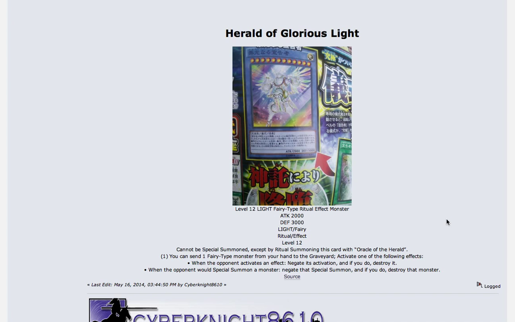especially for, like, I think it's a really good card. I'll read the effect here, but it cannot be special summoned except by ritual summoning this card with Oracle of the Herald. Now this guy has different wording than the other ritual monsters, so I'm not really sure if you can actually make this guy off of